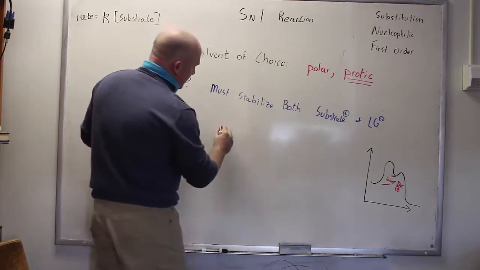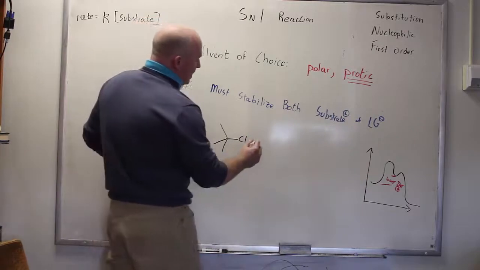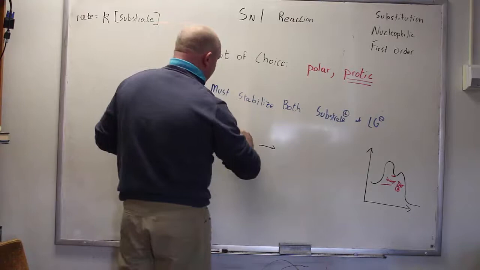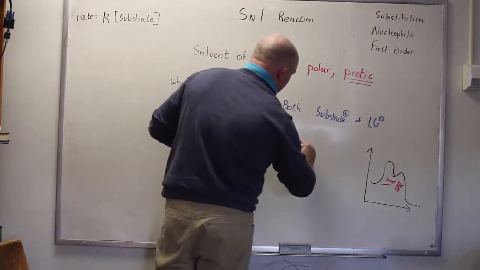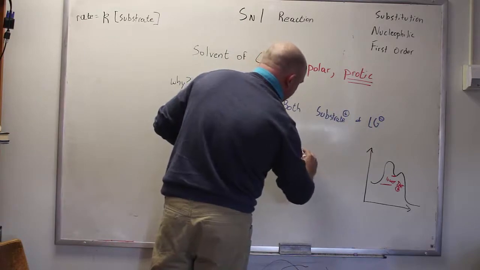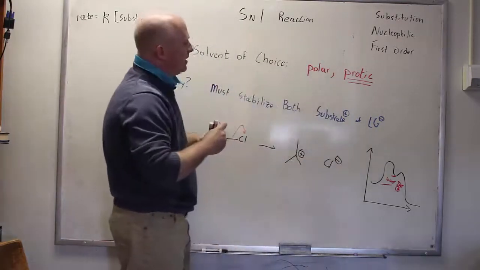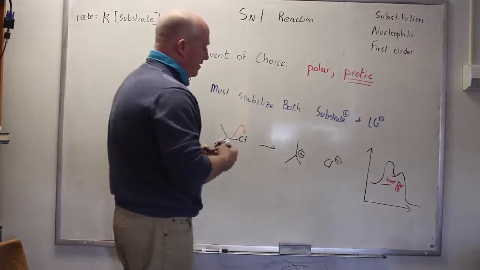So in our substrates, and let's imagine a tertiary chloride, what we absolutely must do in order for a reaction to take place is have the chloride leave. Said another way, we will actually form two ions. We will specifically form a tert-butyl cation in this case, but we will also form a Cl-. And the solvents that can best stabilize both of these at the same time are polar protic solvents, because in